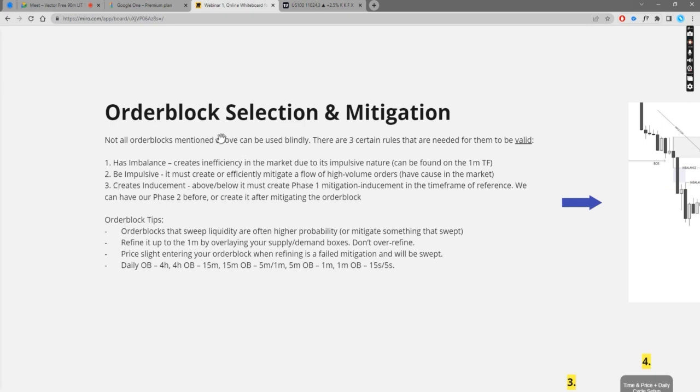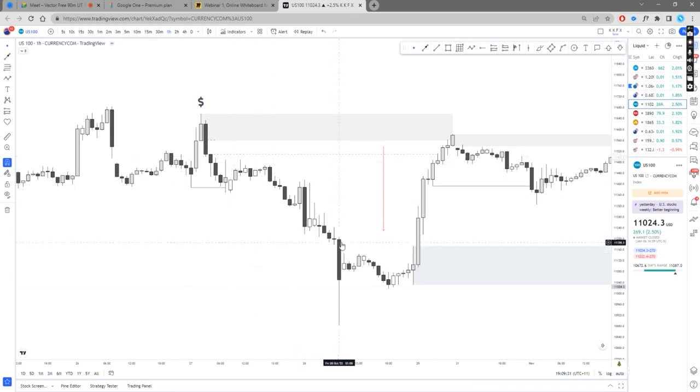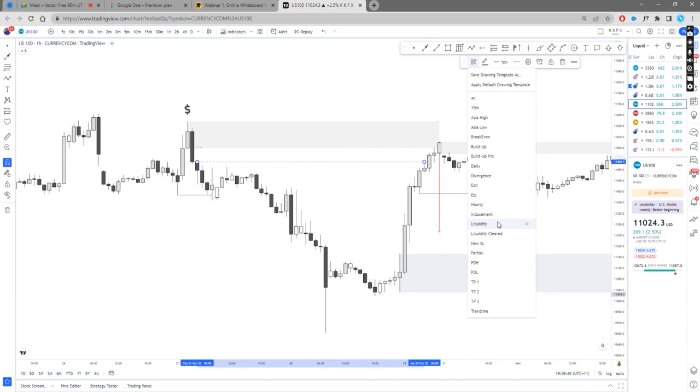So we have imbalance, which is that detachment from the order flow, and that impulsiveness where we break structure, and our final one is inducement, which is the most important. So if you're a bank, for example, and today we're in a downtrend and we want to look to sell as a bank, well, we're not going to sell from anywhere. If we're following order flow for here, we're not just going to sell here. We have to take a certain amount of contracts out of the market to be able to actually do a sell. So what happens is,